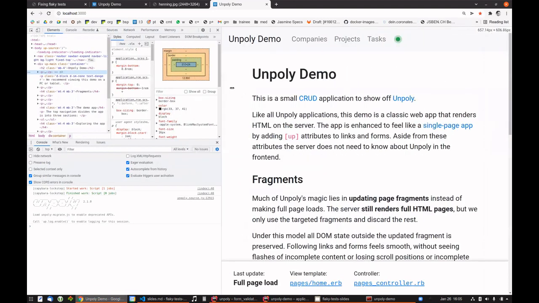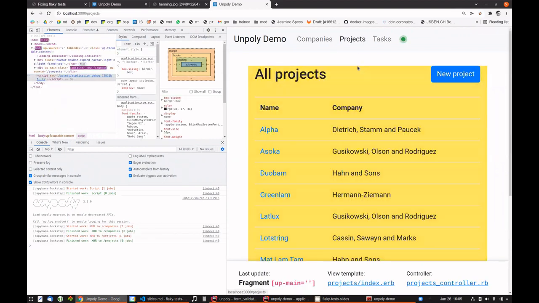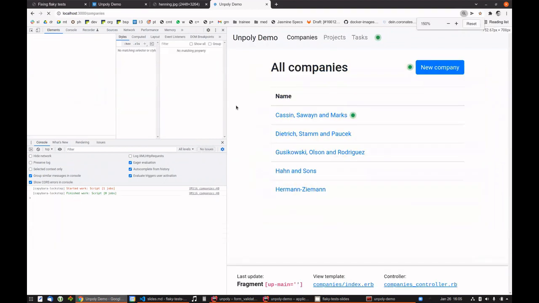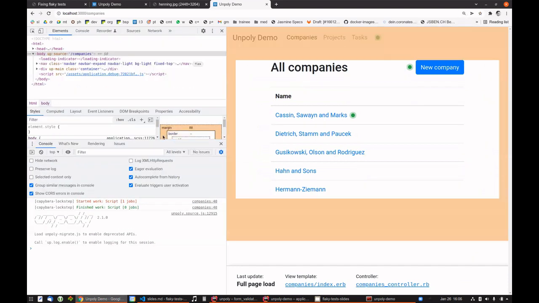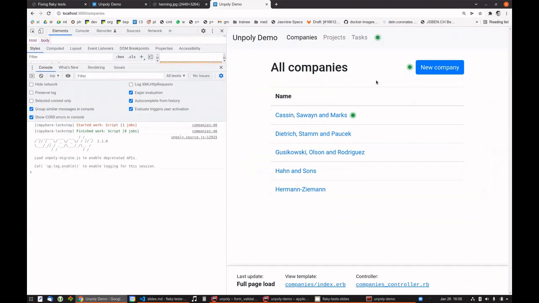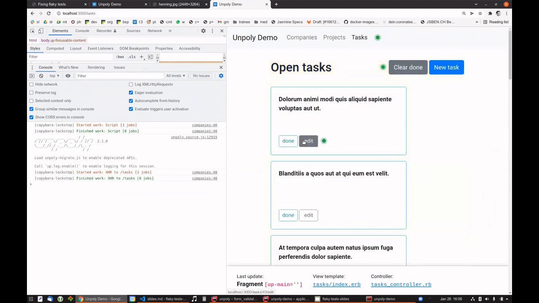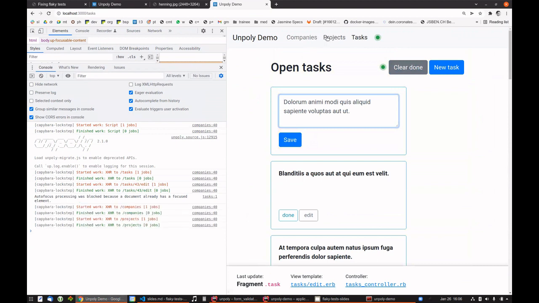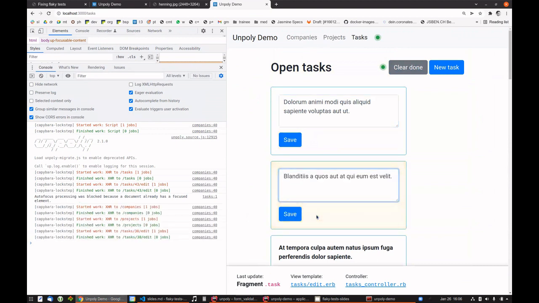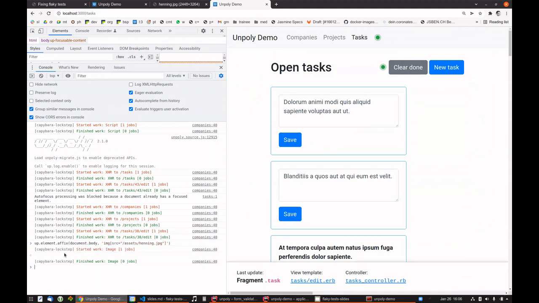So basically, this is a very simple CRUD application. Everything here on the top is an AJAX request. If you take a look at the console here, you see how Capybara Lockstep is detecting work. Whenever it's in the red, your test would no longer be able to talk to the browser while it is synchronizing. Now I'm inserting an image, and you see how it detected that an image was being loaded, and here it detects that the image was done loading. So it's really simple, really easy to integrate.